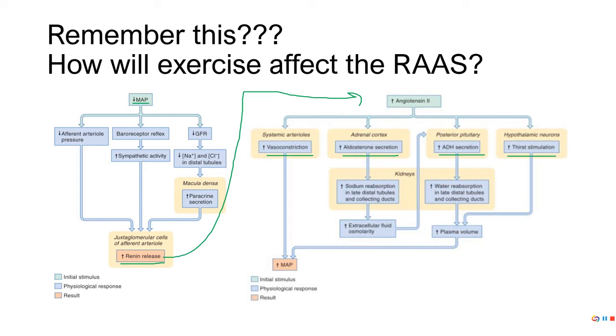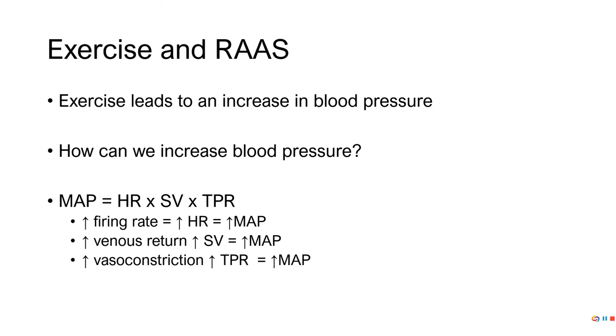If I'm thirsty and I act on that thirst, I'm going to have more plasma volume and my pressure is going to go up, right? If you have a balloon, you fill it up with water, there's going to be more pressure in that balloon. Okay, so exercise leads to an increase in blood pressure. There's multiple different ways, right? If we come back to this formula, mean arterial pressure equals heart rate times stroke volume times resistance. We increase any of these variables, we're going to increase pressure.